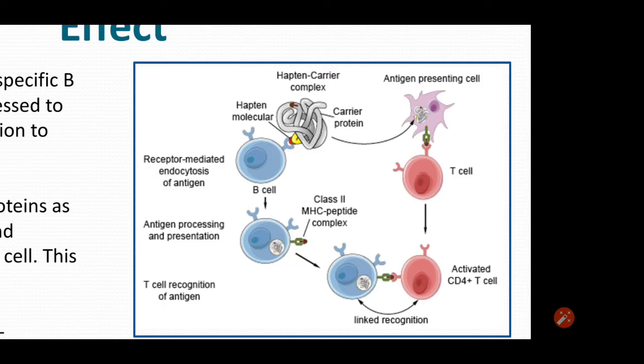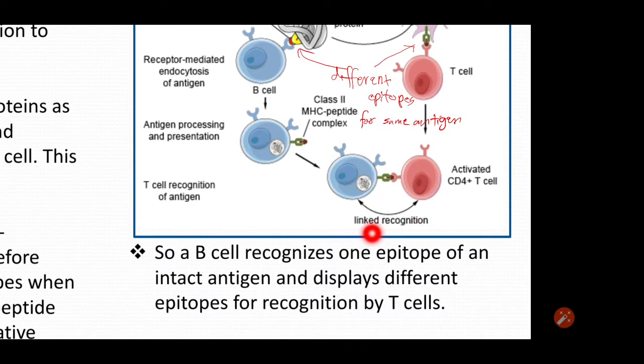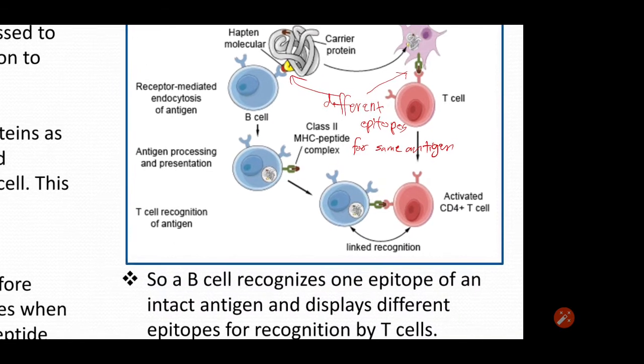Now once that T cell gets activated, and because that B cell, having taken up this whole antigen, can then present the same epitope on class 2, similar to what happened with the dendritic cell, we call this linked recognition. So this is where you're going from the same antigen but different epitopes to the same antigen and the same epitope. Okay? And because there's such close proximity to each other, this allows for direct one-on-one interaction